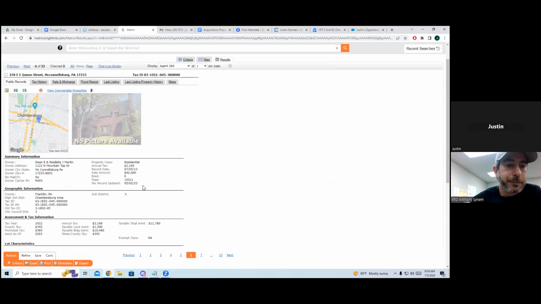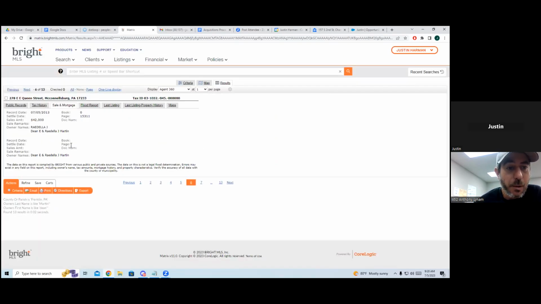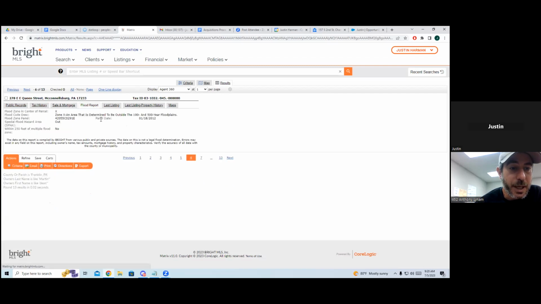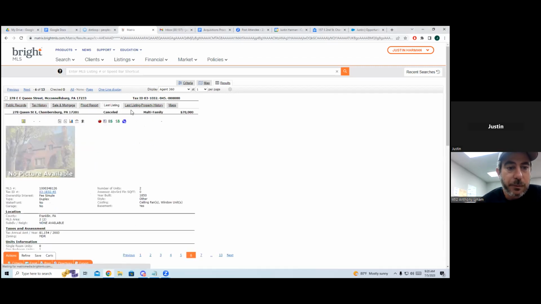Yep. So when I review tax records, I just run through the tabs across the top. Mhm. Okay, because it's going to give you a world of knowledge before you go to the appointment. So you got tax history. Well, I mean, that just tells you what your taxes are. Sale and mortgage. So bought in 2013 for 42,000. Don't see any recorded mortgages. Hit flood report just in case. It is not in the flood zone. Last listing